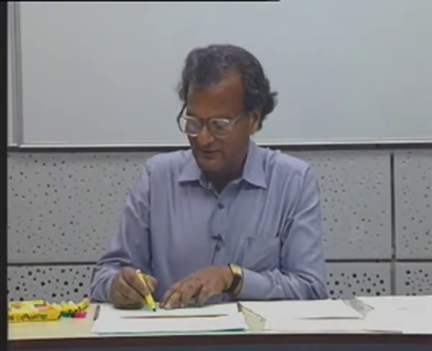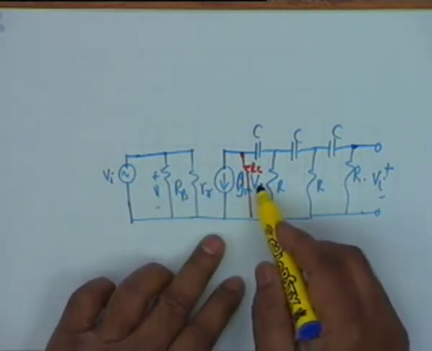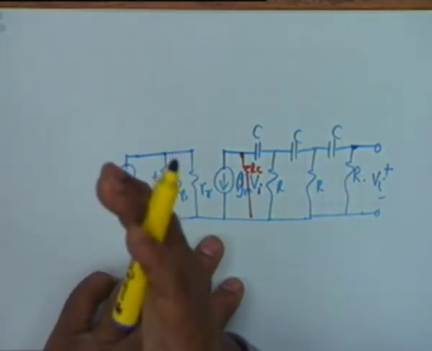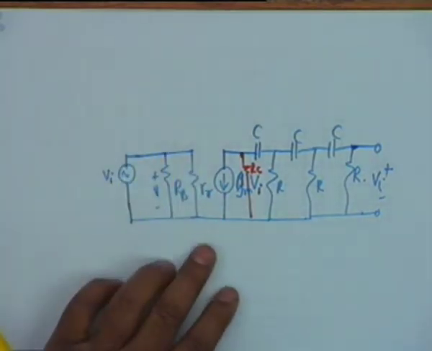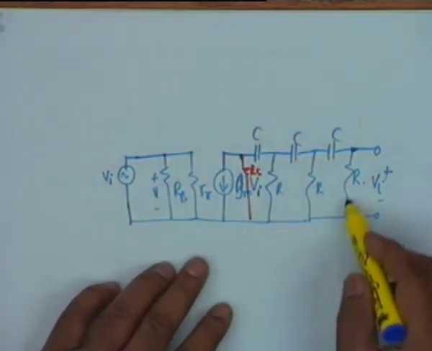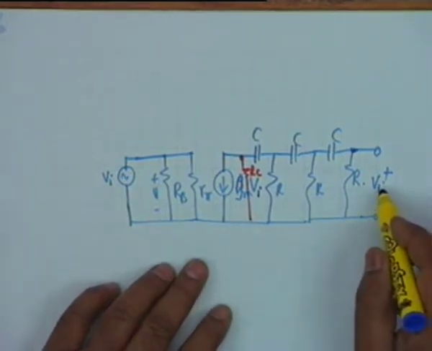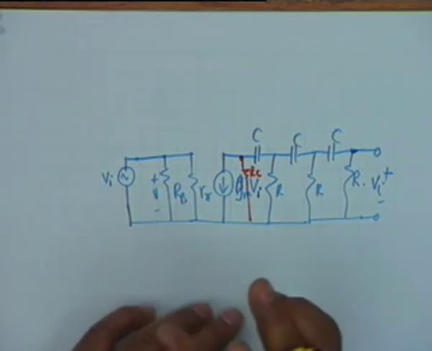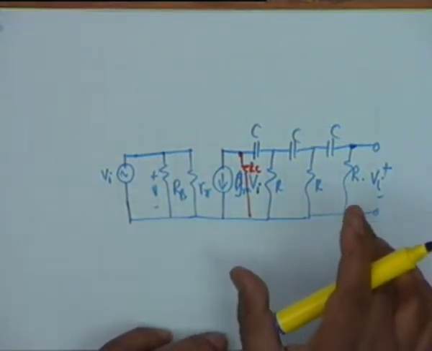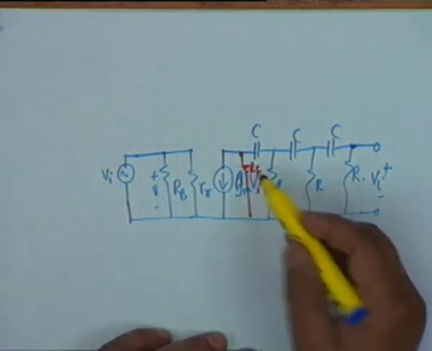analyze this circuit. GM Vi, V is equal to Vi, GM Vi in parallel with RC, which you can convert to a Thevenin's equivalent, a voltage source in series with a resistance. Then you have a 3-stage ladder network, which you analyze and equate the output to Vi. This will give you the conditions for oscillation, and this condition shall not be exactly 1 by 29 and 0 degree. It will be affected by RC.